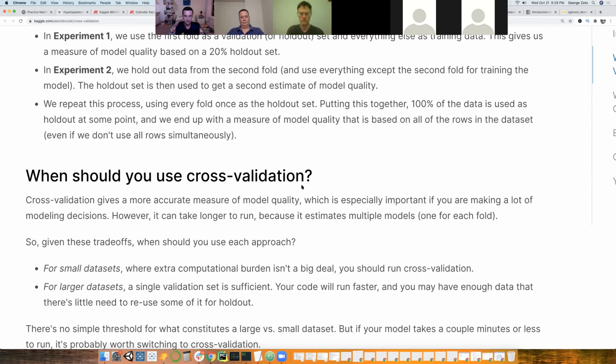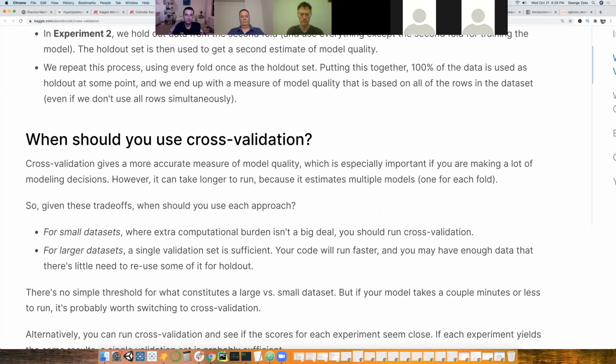When you have a larger data set, given that this will take basically 5 times longer because you're training 5 different models, maybe this is not the best approach, or maybe you can try a smaller fold, and instead of 5-fold, you can do a 3-fold. I'm curious to see if training size is the only parameter that you use when you do this. Let me know.